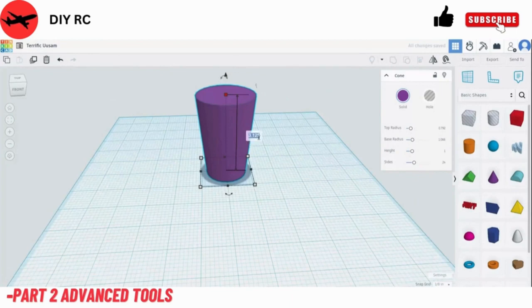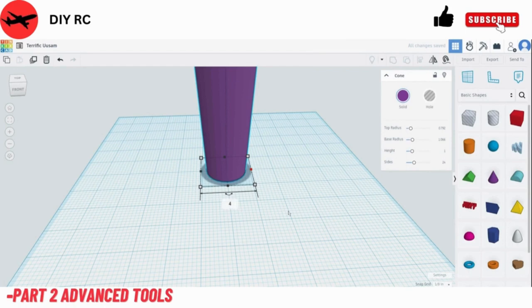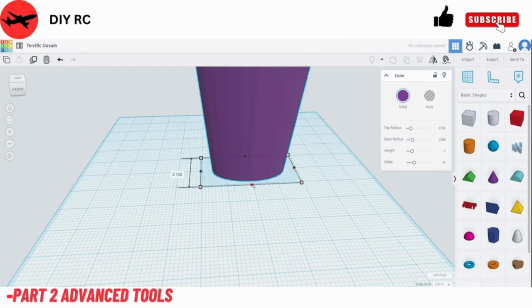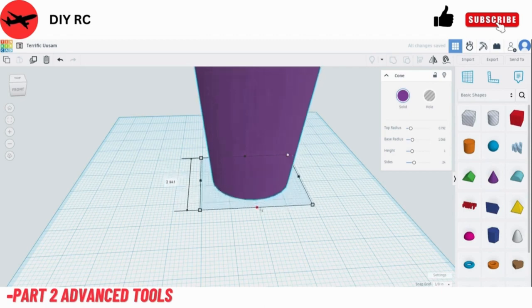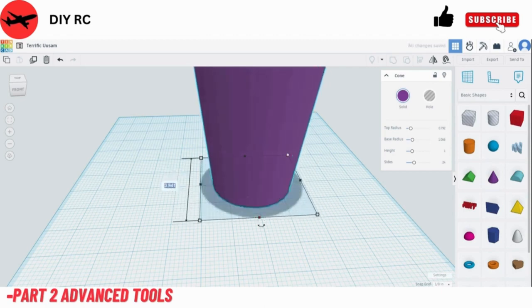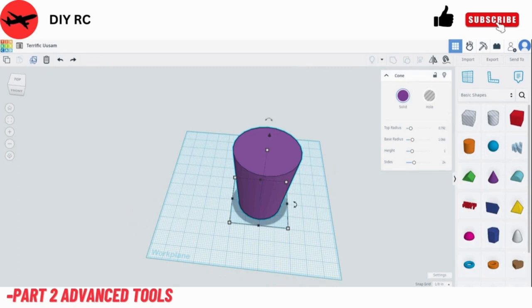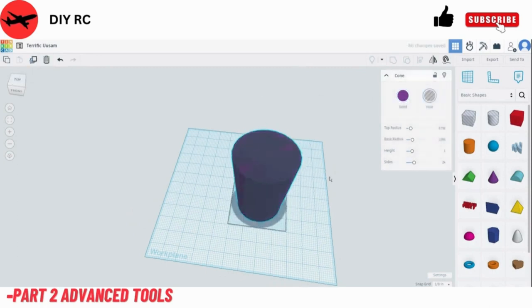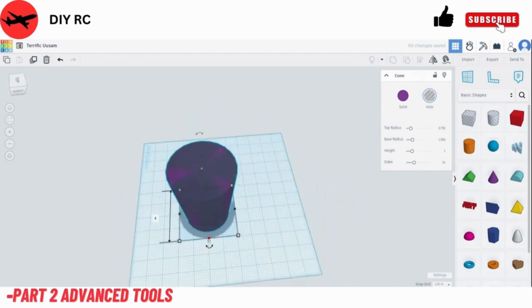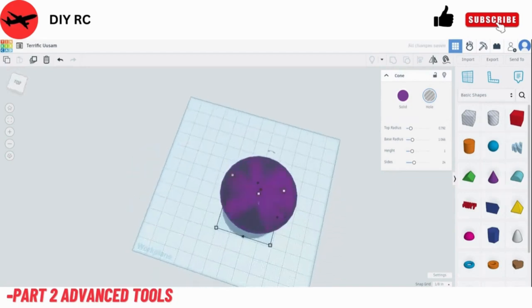We can drag it up to our measurement. We want it 5 inches tall by 4 inches wide. And you can just click on the boxes and type in, or you can drag it out like this, and then click in the text boxes and edit it for accuracy. So now that we have our cup shape, we're going to press the duplicate, the papers right there, and then turn the duplicate into a hole. This will allow us to hollow out the cup to make it so that the pencils can go in the cup. So now that we've made the rims,